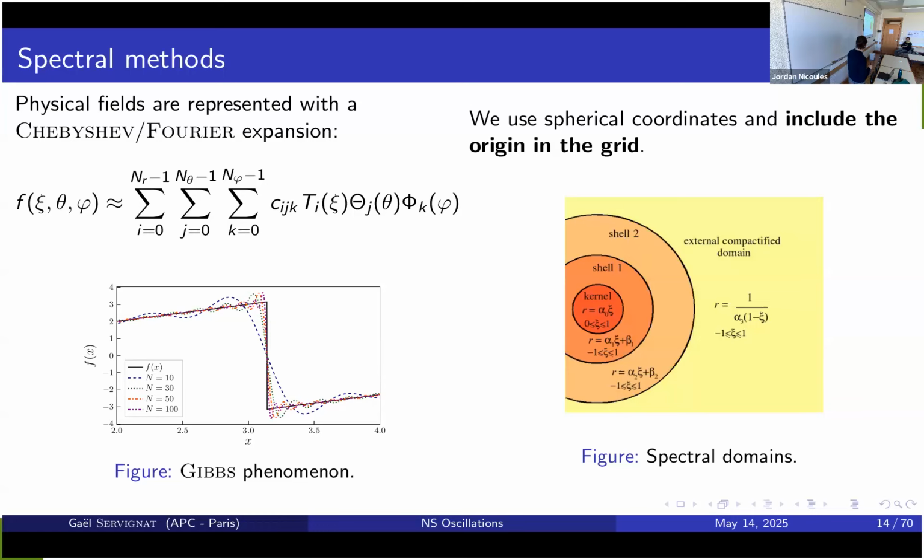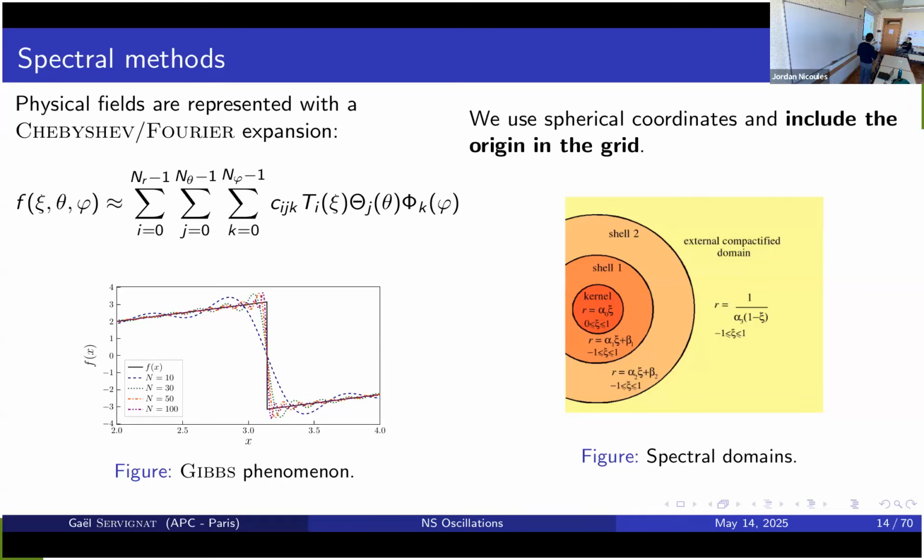There is one caveat of spectral methods, which is what we call the Gibbs phenomenon. If you have a discontinuity and you try to represent it with a spectral representation, what you see is that this representation will be oscillating. This is something you cannot overcome, which means we cannot treat shocks. But it's all right. We don't want, well, oscillation modes of isolated neutron stars, so this should not produce shocks. And the way it's done is that you have several domains.